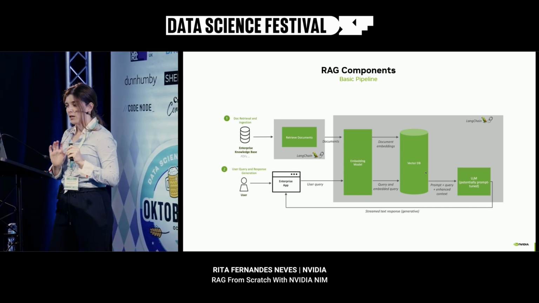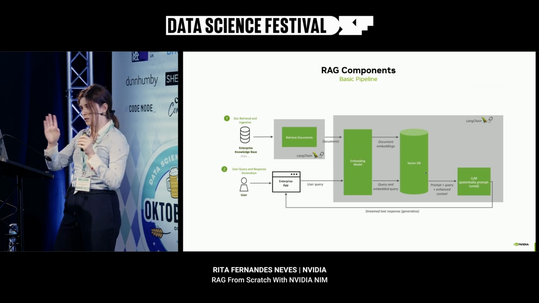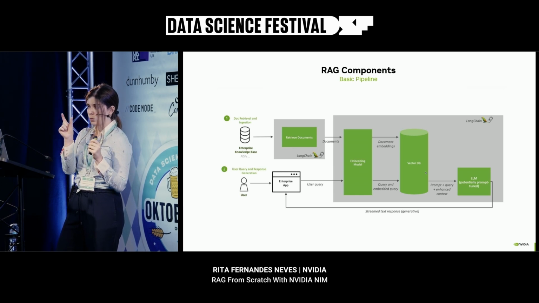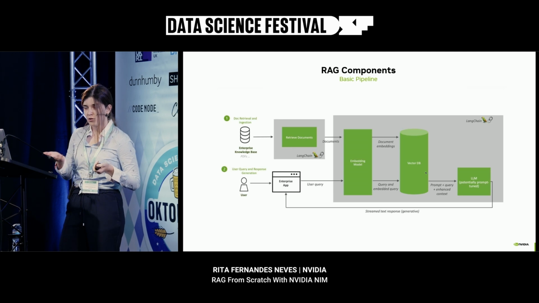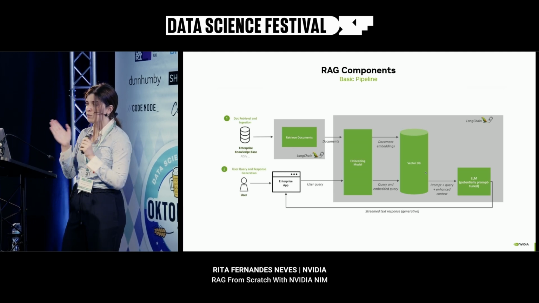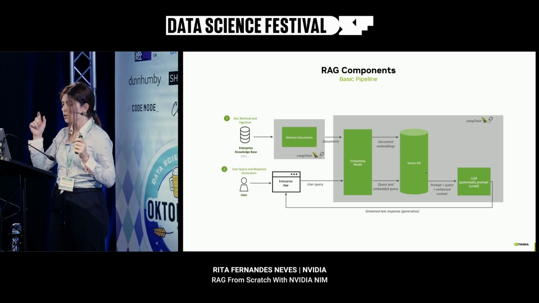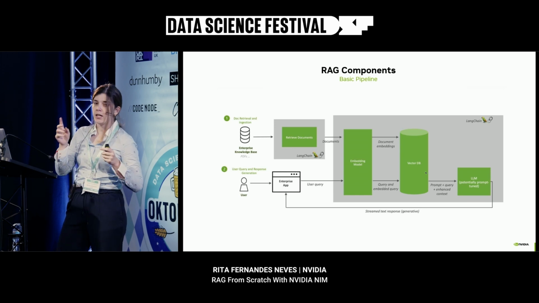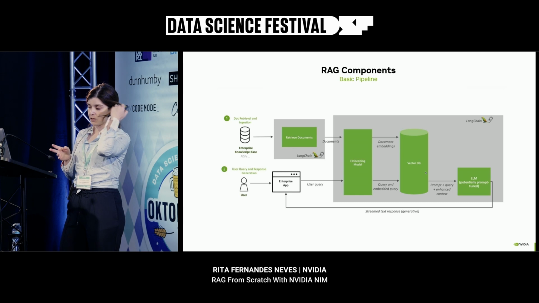You save those strings of numbers into a vector database. And before that, I actually forgot to mention that first you need to split those documents into chunks. So you need to get some smaller strings of text, because imagine you have a document with 1,000 pages or even 100 pages, that is going to be too much. You need to split it into smaller parts so they can then be interpreted. So after that, you do the embedding, and then you store the embedded chunks into a vector database.